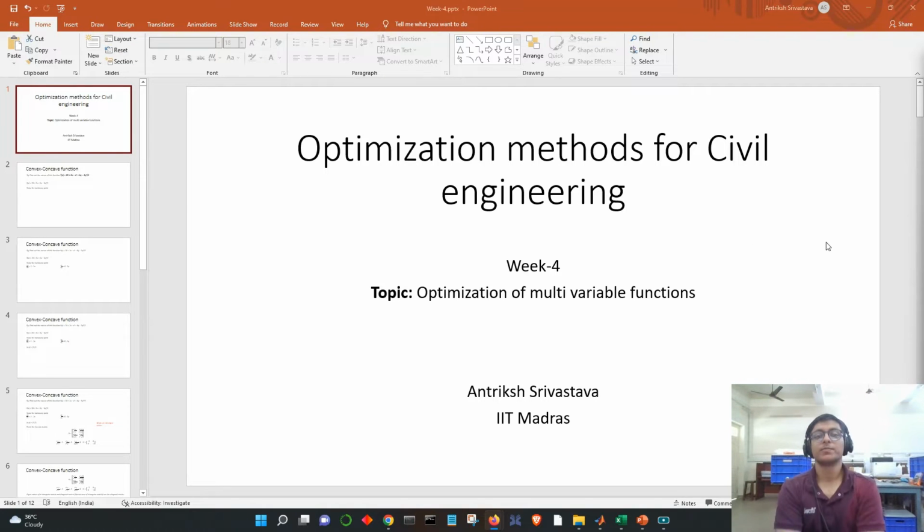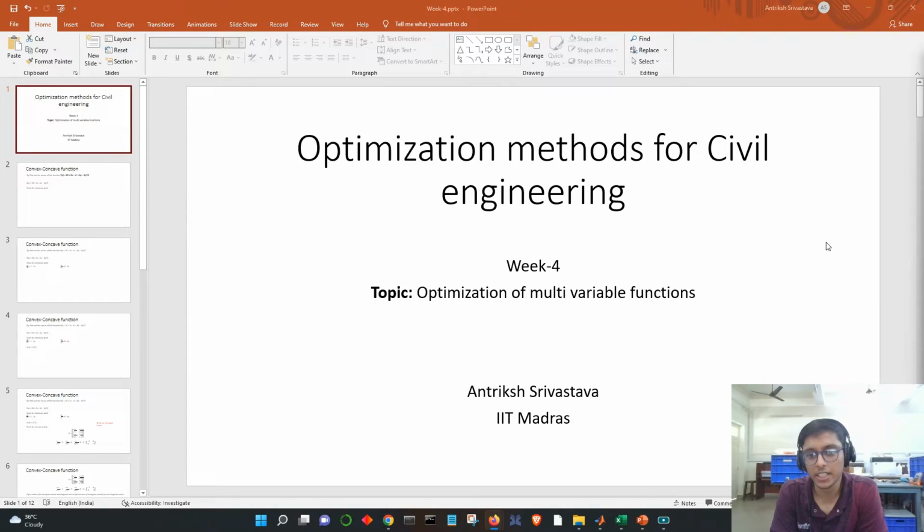Okay, so today we will be discussing how to check whether a function is convex or concave, and we'll be trying one of those problems itself. We'll be checking which point is the optimum using univariate